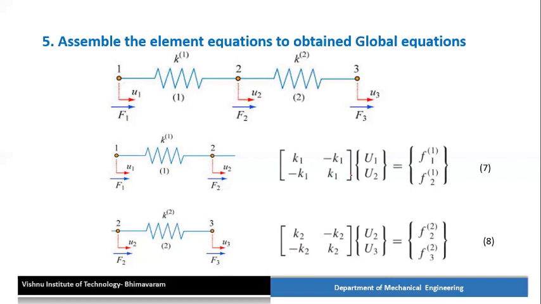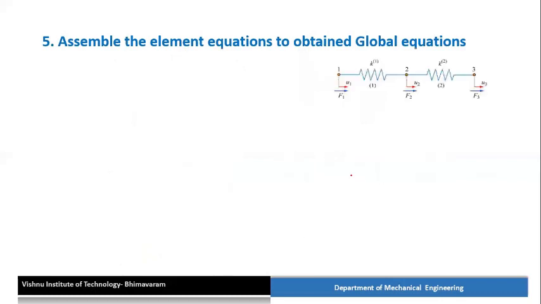These individual element matrices are assembled into global position. Node 1, node 2, node 3 represent the nodal points of the two springs, so it has 3 degrees of freedom. Totally it has 3 nodes, which means in this case we will get a 3 by 3 stiffness matrix